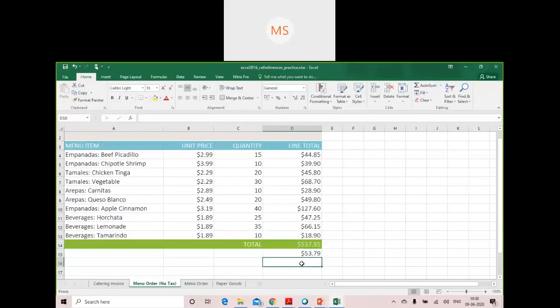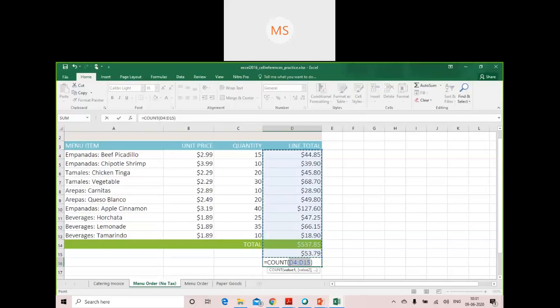Now we can see one more thing, like if I want to count how many items we have purchased. We can make use of the count numbers operator. Again, I have selected this particular cell and I'm going to auto sum. Now I'm clicking on count numbers. The moment I do that, by default it selects the cell range, all the cell ranges where the numbers are present above that particular reference cell, where I'm going to make use of that formula.